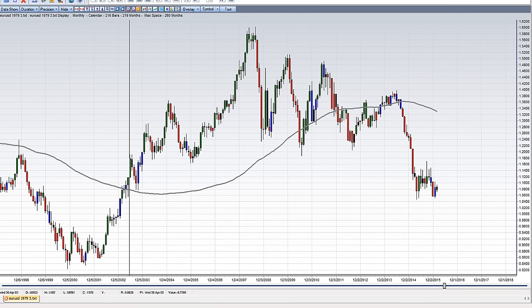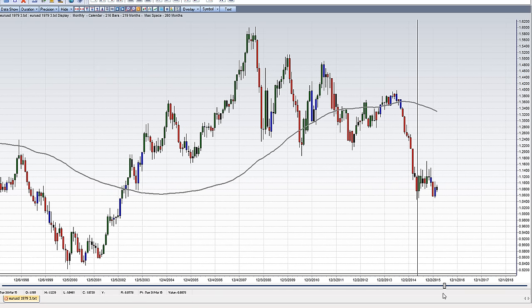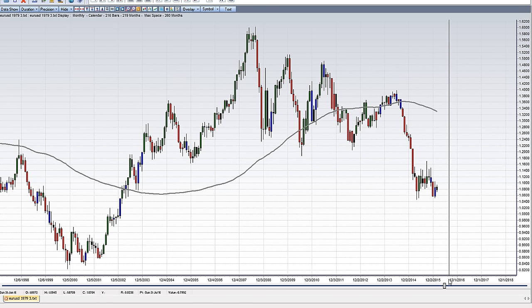I wanted to do something really quick. A couple of things I want to cover. I want to show you what's going on with the euro, and sometimes people ask me, what do you use for support or resistance? I use a percentage level, and there's nothing wrong with that. You could use a Fibonacci, you could use whatever you want, but just to give you an idea how I use it and how I determine my ranges and what support and resistance, including other esoteric calculations I use, it's